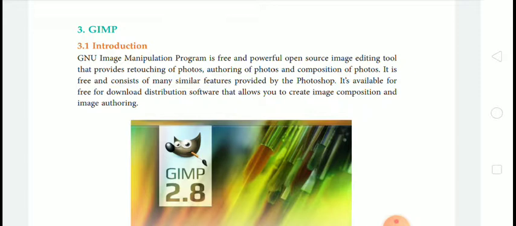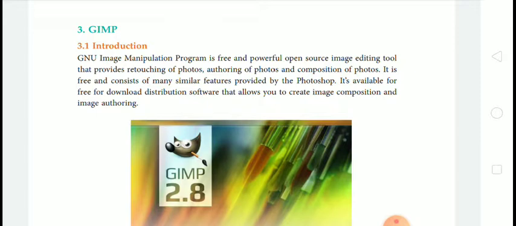It is free and consists of many similar features provided by Photoshop. It is available for free download distribution software that allows you to create image composition and image authoring.